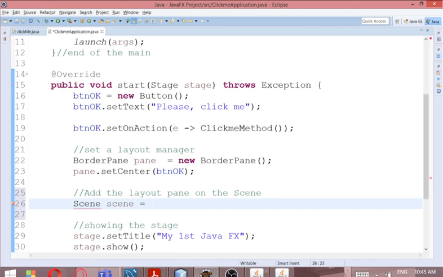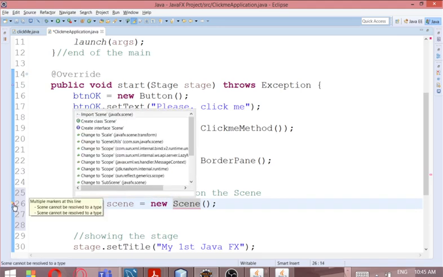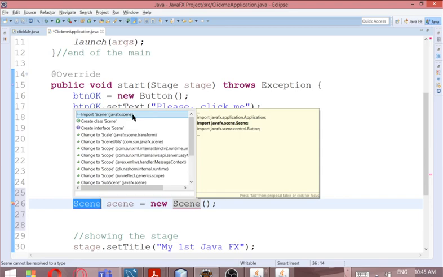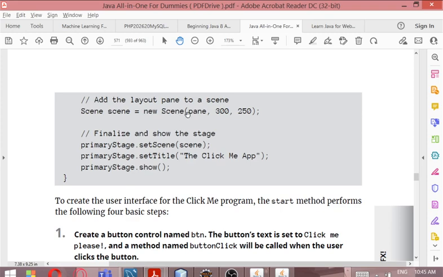Equals new Scene. So this also, it complains about the import of what? JavaFX.scene. Then by the time you have done this, okay, of course we need the dimension of